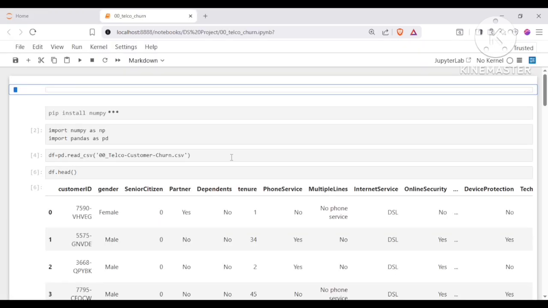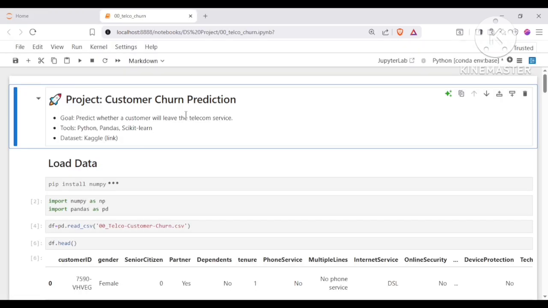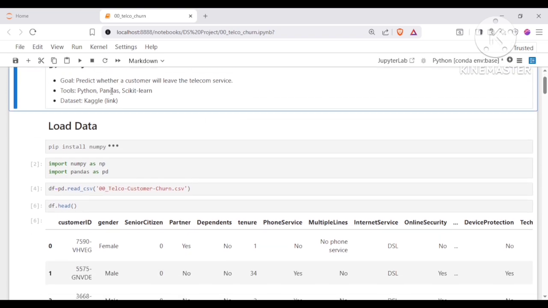Telecom churn project, customer churn prediction. Goal: predict whether a customer will leave the telecom service. When a customer takes a service from a company, they are present in the service. The tools we are using are Python, Pandas, and scikit-learn, and the dataset is simply